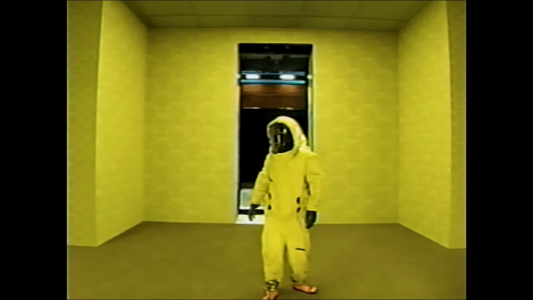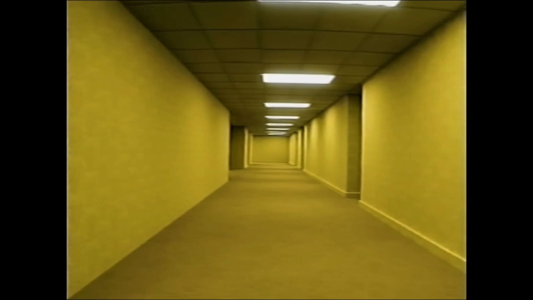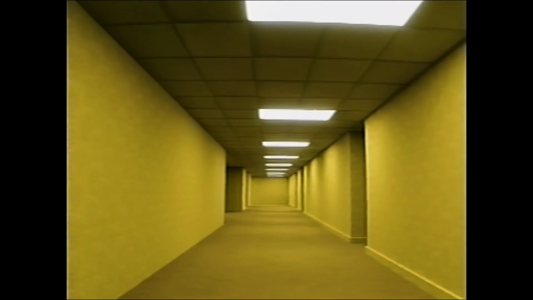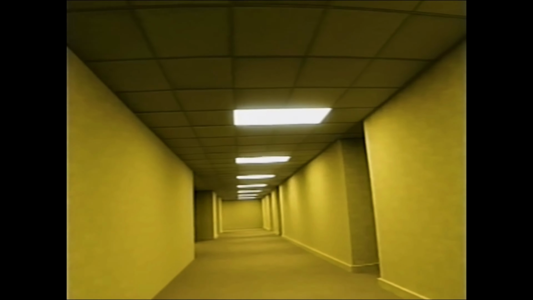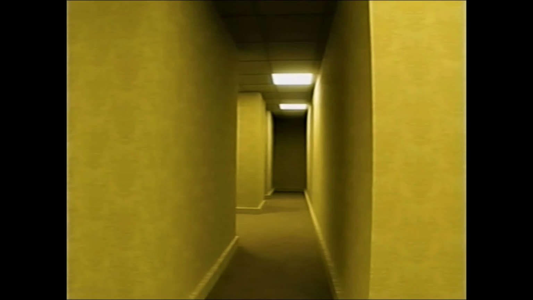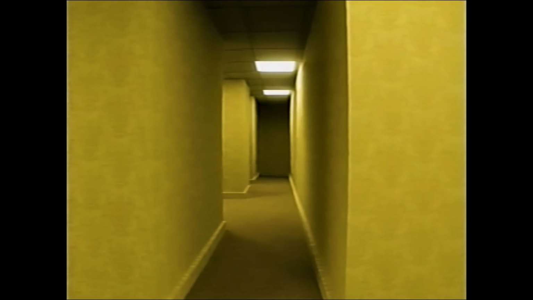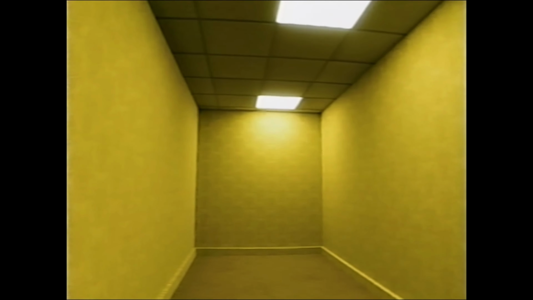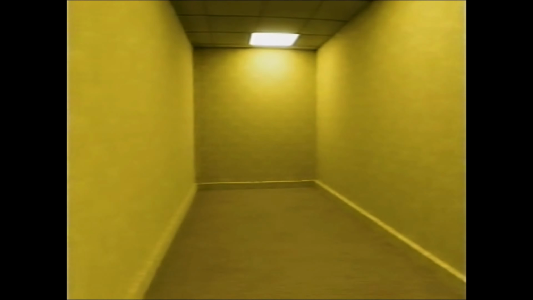The person in the hazmat suit is recording his exploration inside the Backrooms, and as he is exploring with the other 2 guards, he hears a conversation in the distance and decides to investigate where it's coming from. He enters a room and calls his friends to come check out the noise, but for some reason they aren't responding. He turns the camera and notices that he sees his friends and himself walking by right before the lights flicker and they disappear.